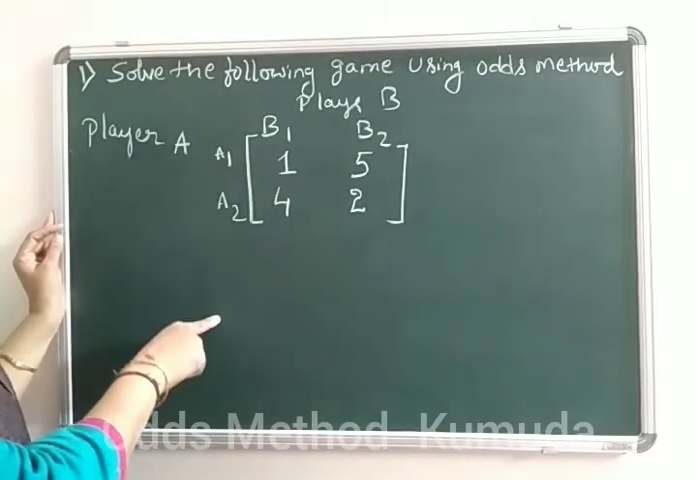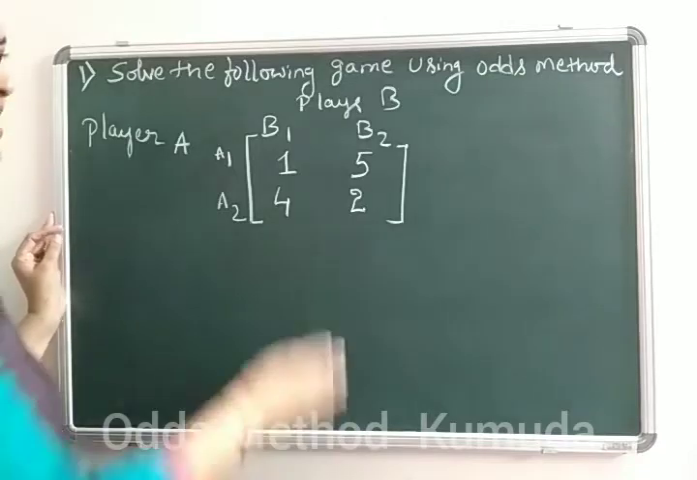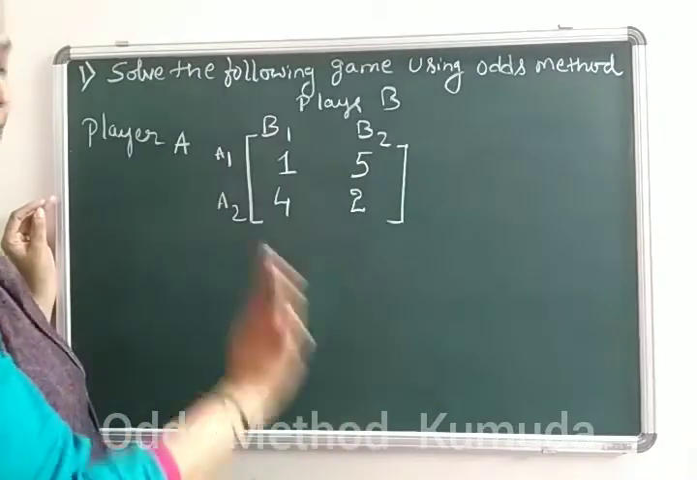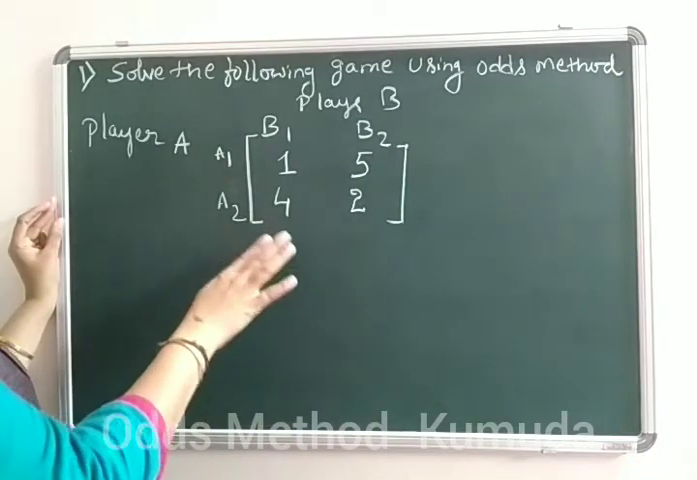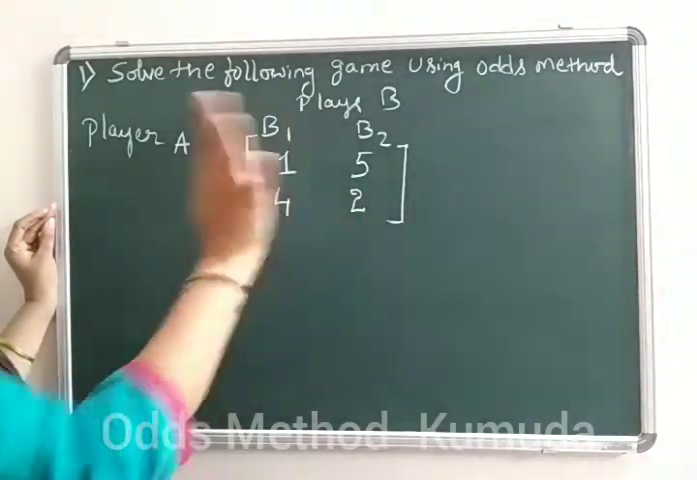Consider the first example. Solve the following game using odds method. So they would surely mention it as odds method. Otherwise also, the first key element that we can find through the question is that it is a 2x2 game. That is the first thing that we have to notice. If we have a payoff matrix where it is 2 cross 2, then we can apply the